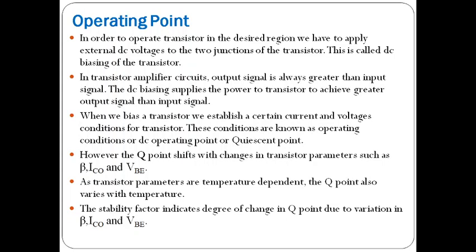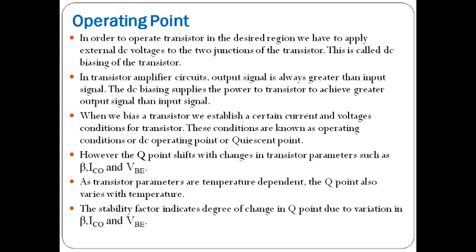We already know a transistor can be operated in three regions, that are cutoff, active, and saturation, by applying the proper biasing conditions. When emitter and collector junctions are both in reverse bias, it is the cutoff region. When the emitter junction is forward biased and the collector junction is reverse biased, the region of operation is active region. When emitter and collector are both forward biased, the region of operation is saturation. When the emitter is reverse biased and the collector is forward biased, it is the inverse active region.